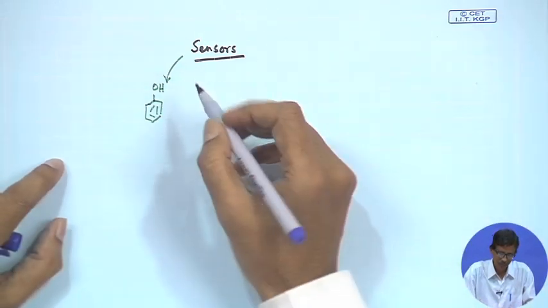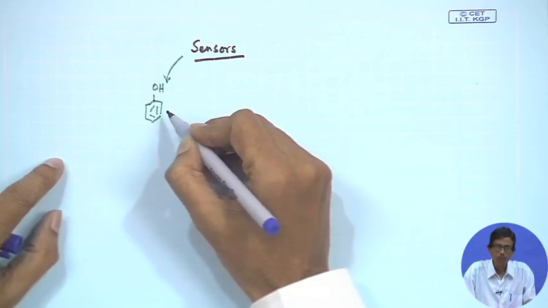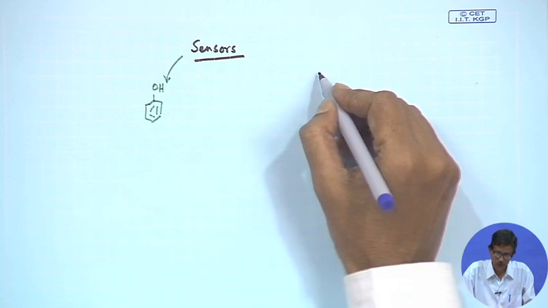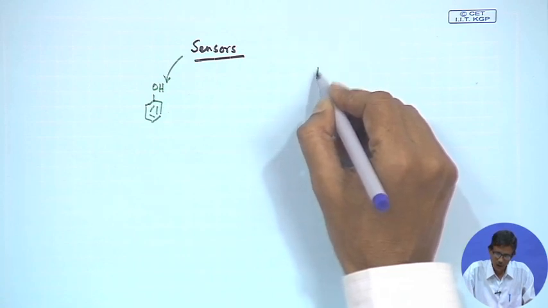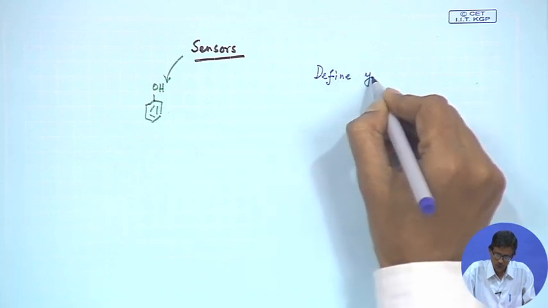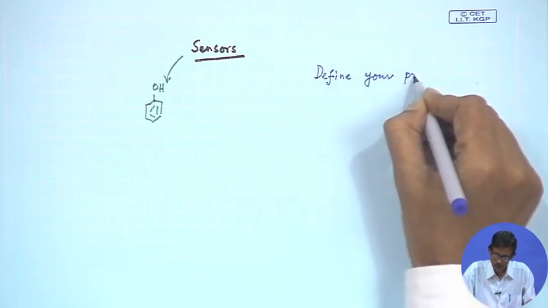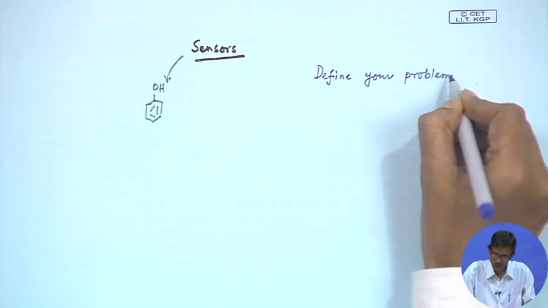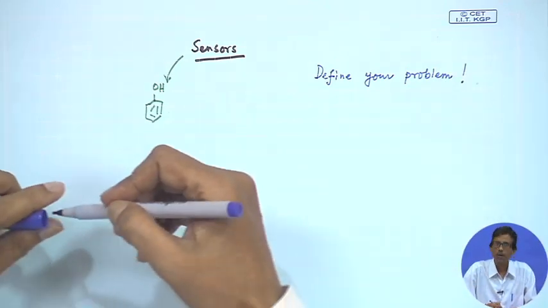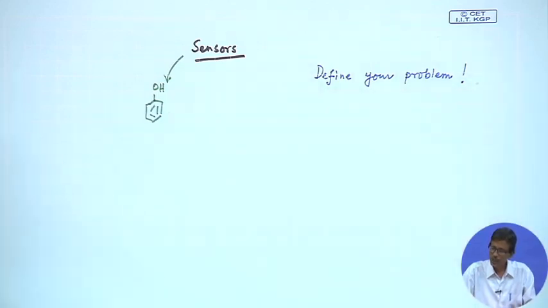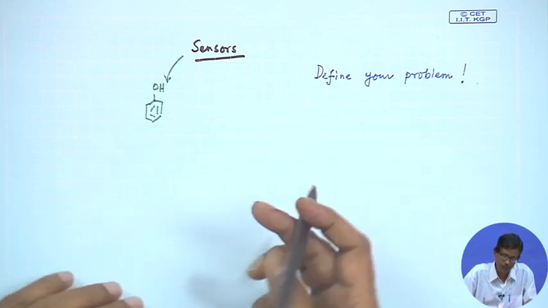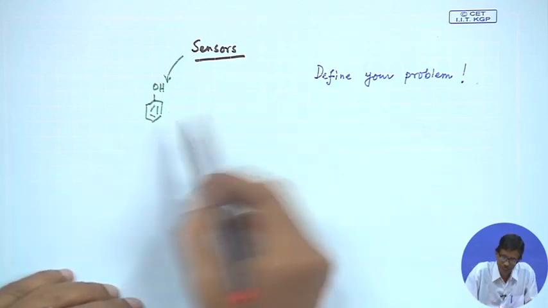But the basic idea behind all these things, whenever we try to develop that sensing mechanism, is what are the molecules you are looking for, because in this particular class also we will be talking about how you define your problem. So, first thing that you have to define is your problem, and what are the methodologies you can follow, so that you can identify, that means initially detect and then quantify the total amount of the sample present in it.